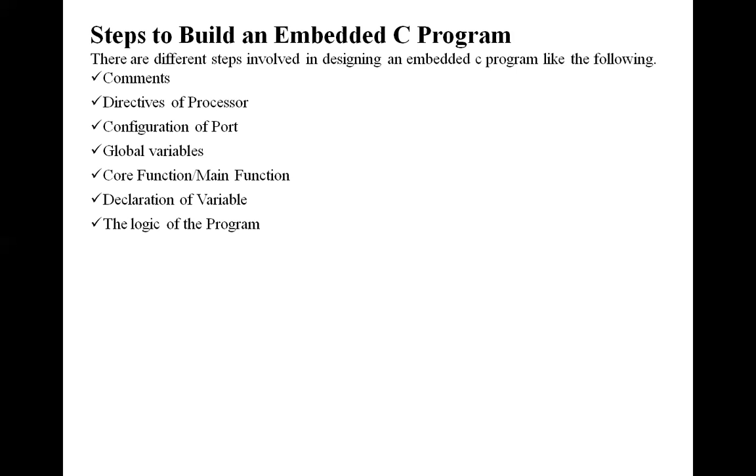Then the logic of the program will be written with the help of for, while, or do while loops, or some conditional statements like if else or switch case that may be used in your program. So these are the various steps to build a C program, right? I hope it is not necessary to tell you what these things are, just the names are enough for your understanding, okay. So now I am continuing with this.